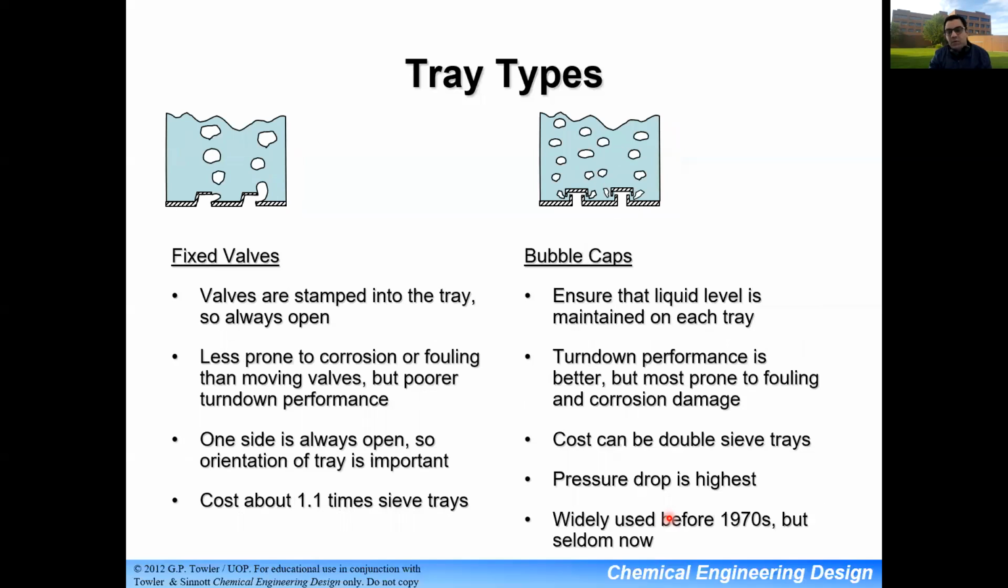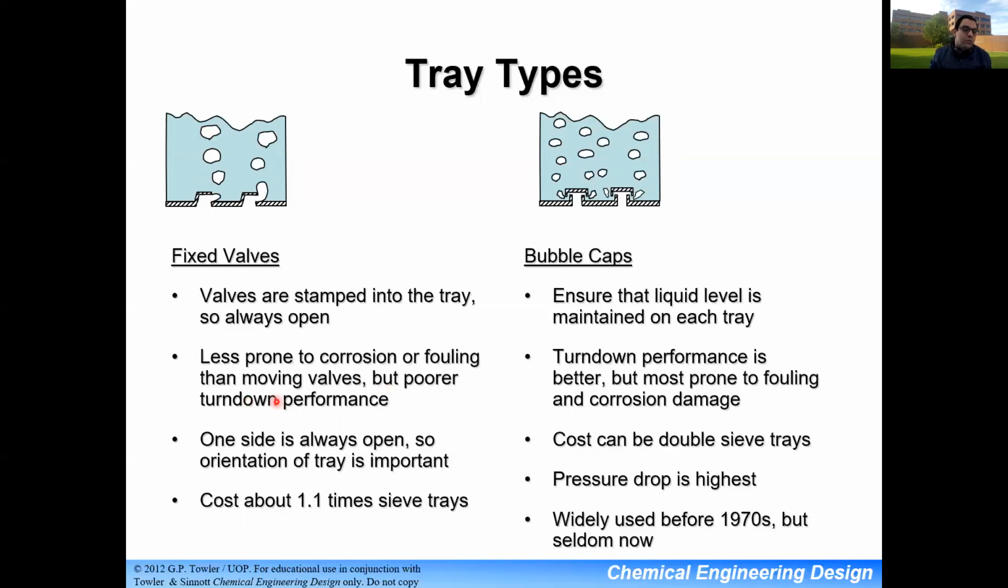Okay, third type of tray is the fixed valve. So again, it's similar to the previous one, except this one does not move. So the previous one, the gas has to push it open. This one, the valve is just stamped onto the tray, so it's always open. However, because of this design, the liquid head pressure is not fully applied on the surface area of the valve,